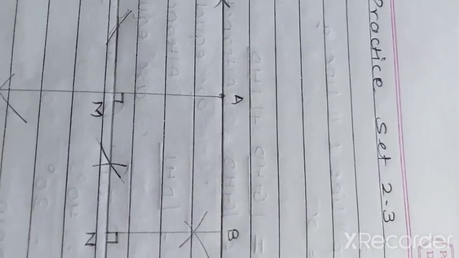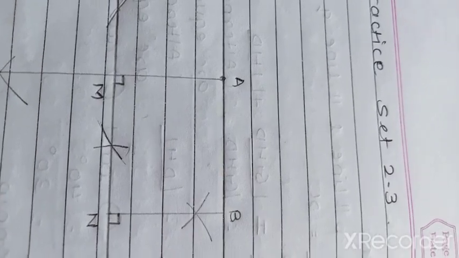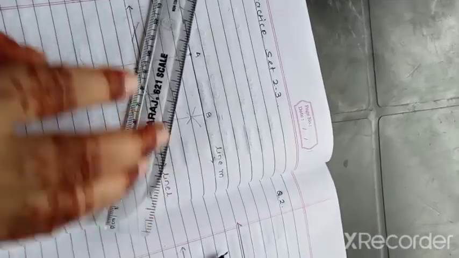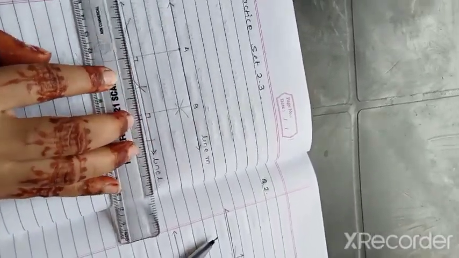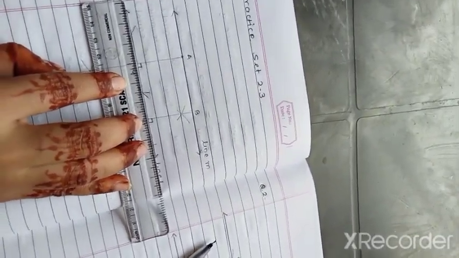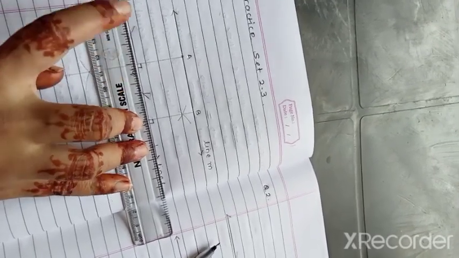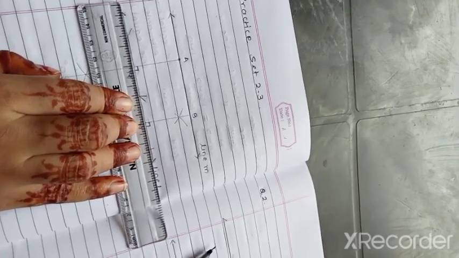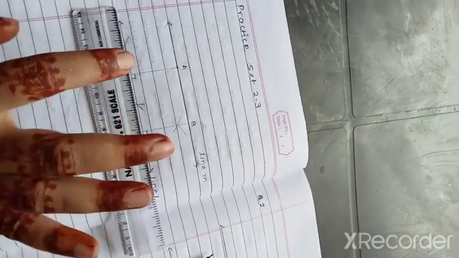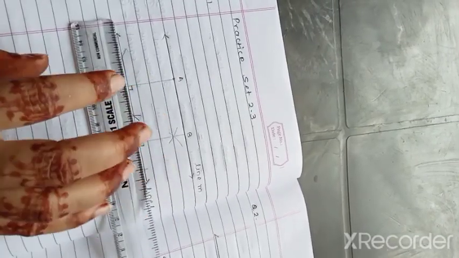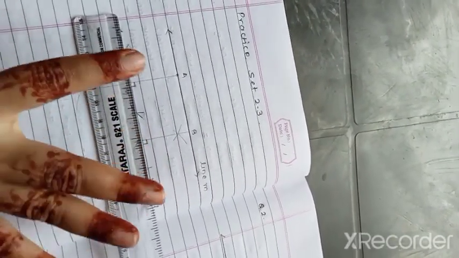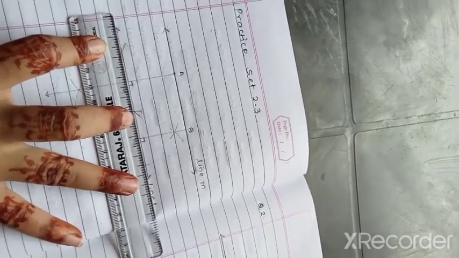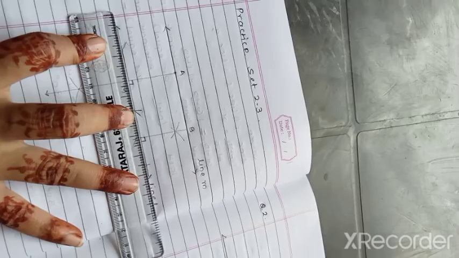So first construction step is draw a segment AB or any segment of length whatever you wish. This is the line L that I have drawn with any length. That is, the length is not given to us. The line can be as long as you wish, but make sure that it is quite easy to figure out. It should not be very large or very small line. So I have taken this much scale. With the help of scale, draw a line L. This is the line L.